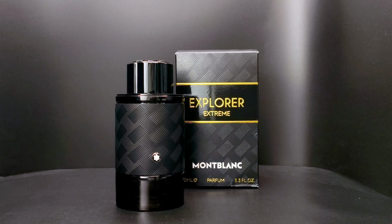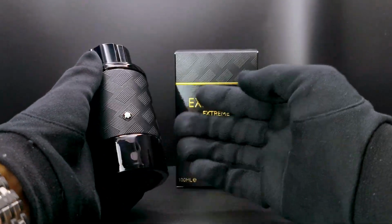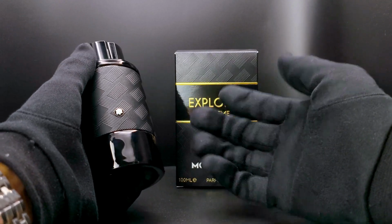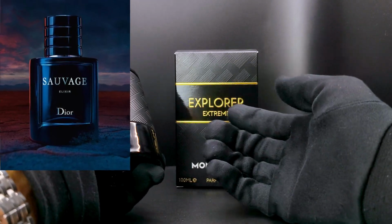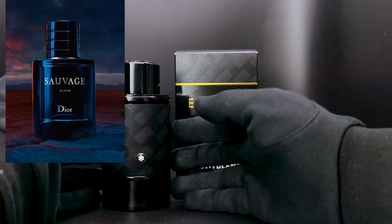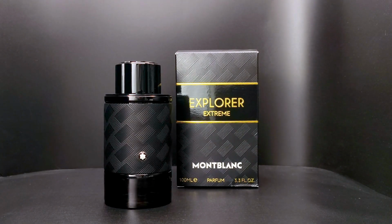So after applying Explorer Extreme on my skin and clothes for a good 6 to 7 hours now since I've started recording this video, the fragrance itself is very intriguing, and the reason I say that is because the opening for this one has a very distinctive, unforgettable scent, which is the Dior Sauvage Elixir. Now for those who have smelled that fragrance, you have a very good understanding of why I say that. It's because Explorer Extreme starts off very sharp in the citrus and the aromatic fresh spicy accords. It's not 100% identical to Dior Sauvage Elixir, but it has this unforgettable scent profile that most people would recognize,